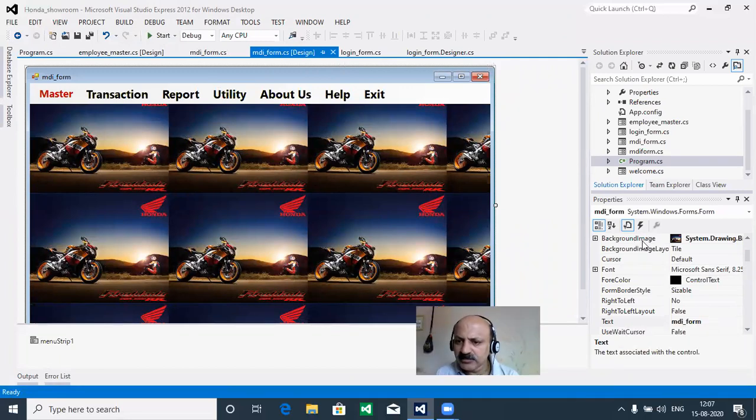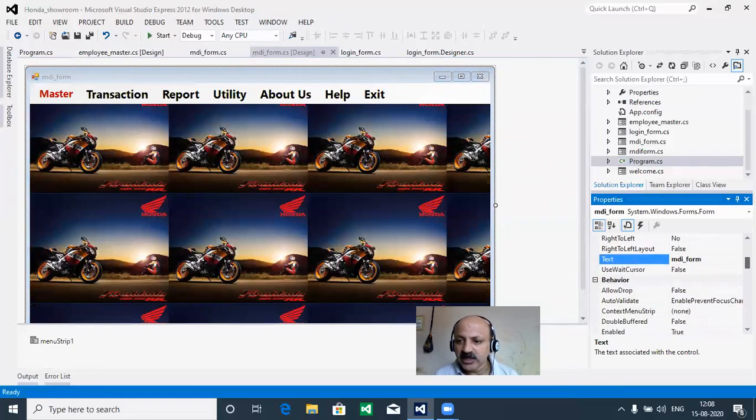I can say that image, background color is there, font color is there, border style, you can provide, left to right, right to left, according to your need, but there is no child control, directly you can take form. And then text MDA, here our title is there. Okay, so text is there. So allow drop. So all you can step by step use the properties and then get an idea.